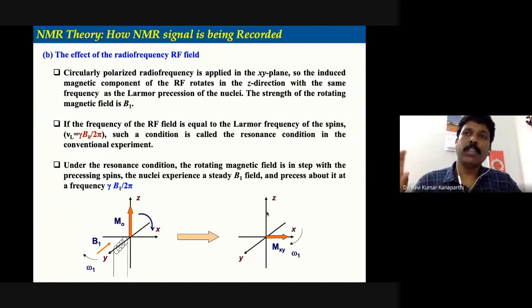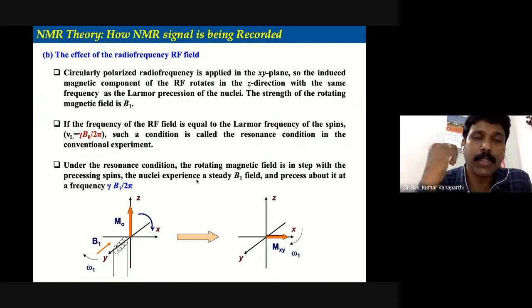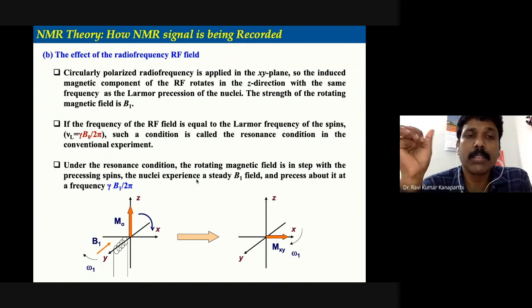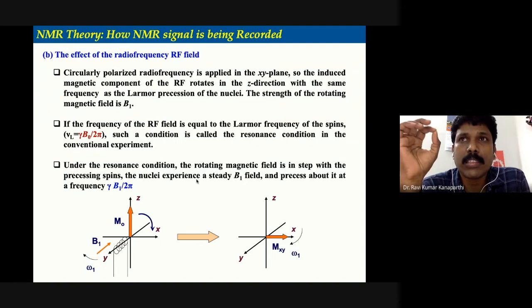It is not that we simply take a radio frequency, in the megahertz range, and just apply it. There is a process. The radio frequency is applied through a coil, and we don't apply a simple radio frequency pulse; rather, what we apply is a circularly polarized radio frequency. Please remember this. It's not just a simple radio frequency pulse. It is something else: a circularly polarized radio frequency.